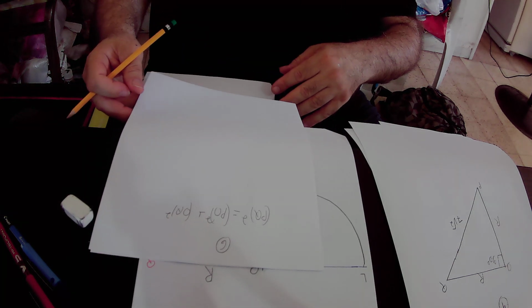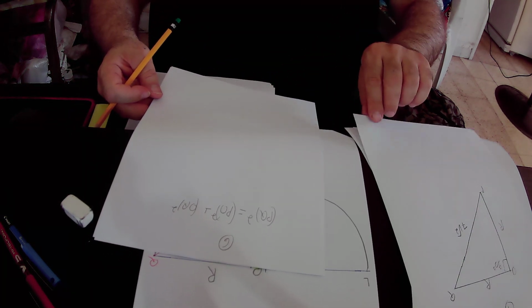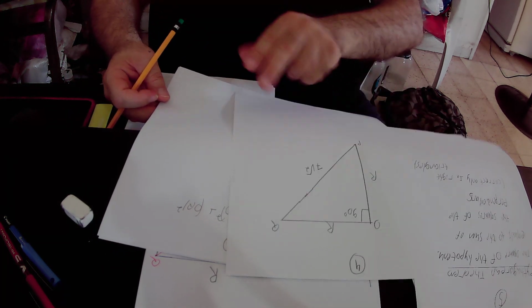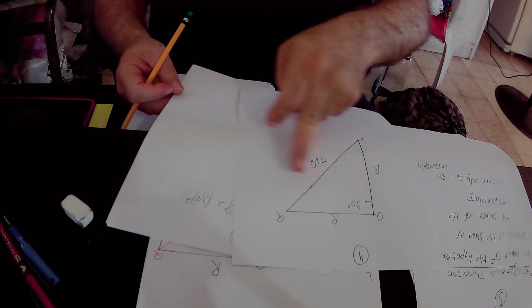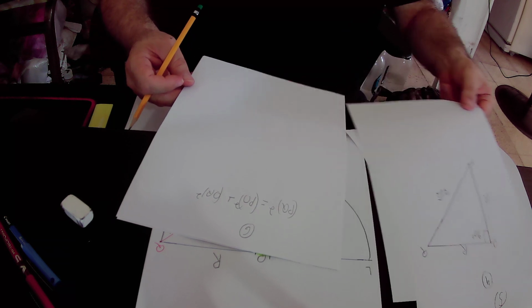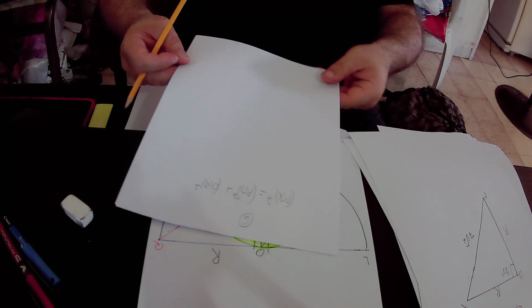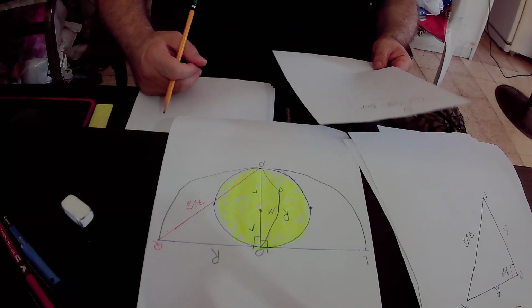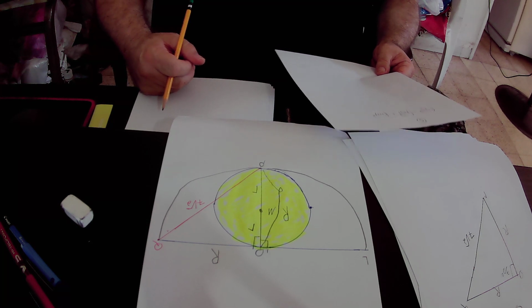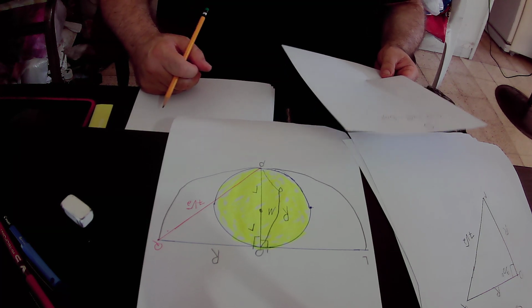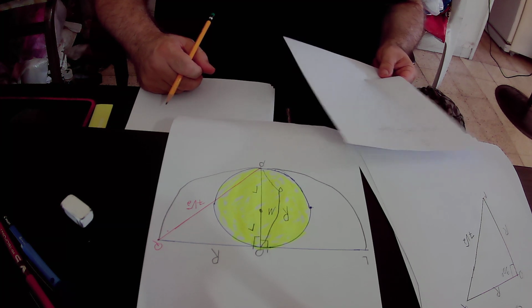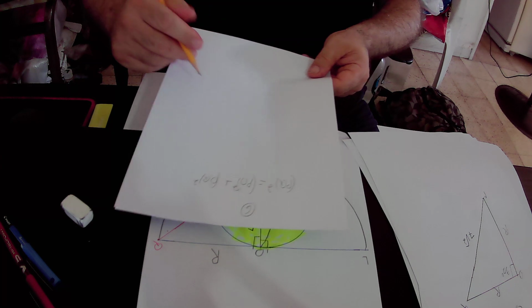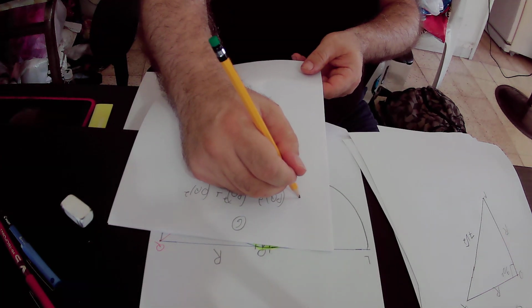Okay, PQ square equals PO square plus OQ square. I will call it equation number 2